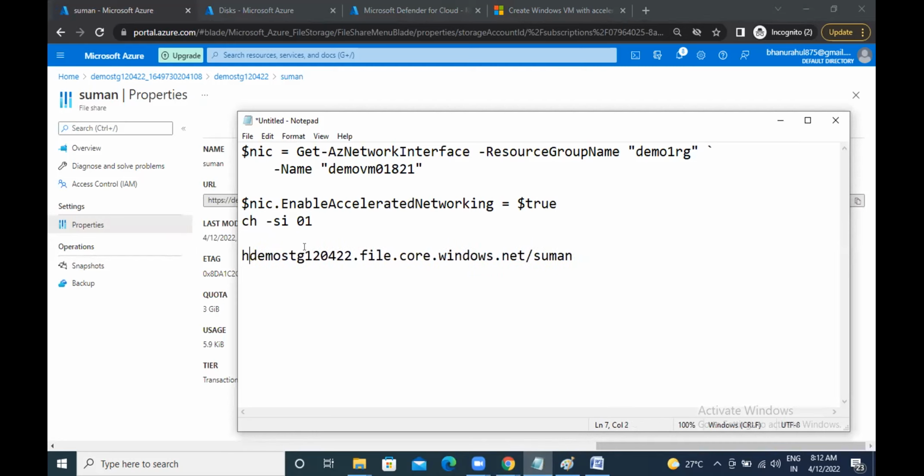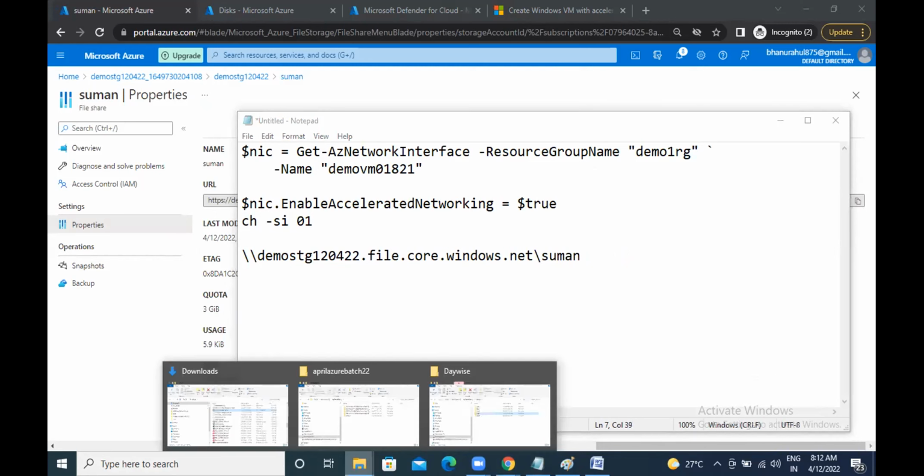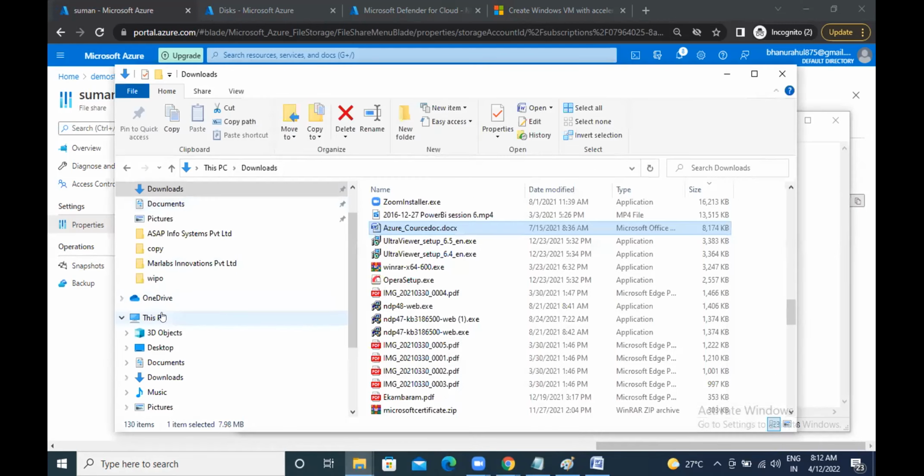Remove this part and use slash, and remove this one also. Then go to your